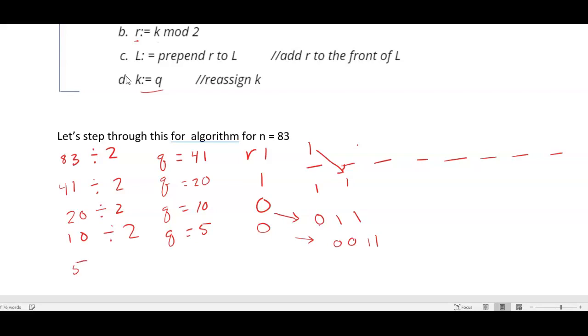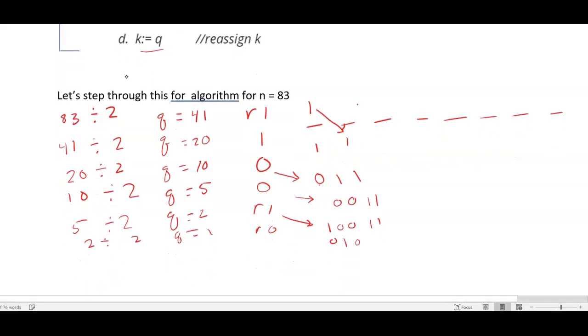I take the 5 and I divide it by 2. I get a quotient of 2 with a remainder of 1. So now I have 1, 0, 0, 1, 1. That one goes down there. And then when I take the quotient of 2 and divide it by 2, I get a 1 with a remainder of 0. So I get another 0. Let me move this down a little. 0, 1, 0, 0, 1, 1. That one goes there. And then when I take the quotient of 1 and I divide by 2,